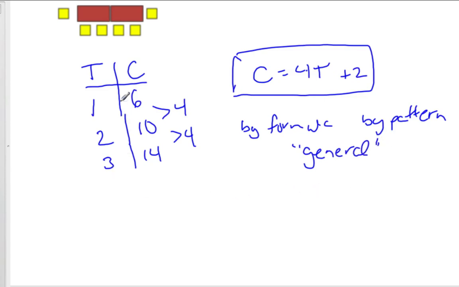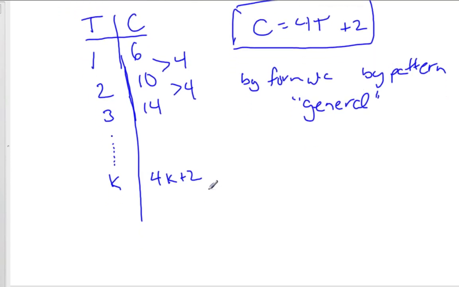And I know if I look at my table here, if I would extend this table, eventually I'm going to have what I call the kth table. Okay? Which would mean I would have 4k plus 2 chairs. All right? So there is my table. If the next table is going to be k plus 1,